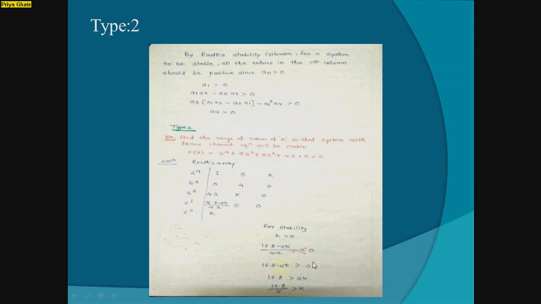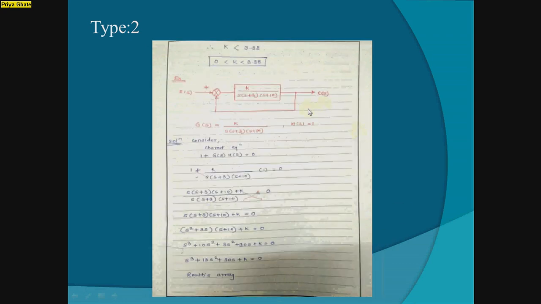If we transfer the minus 5k to the right hand side, then we have 16.8 is greater than 5k. Then we transfer that 5 to the left hand side, where it divides, and we get the value of k as 3.38, and that k term is greater than 0. That's why the system is stable, because the criterion of stability is that k should be greater than 0, and we have that term positive. It means that term is greater than 0. That's why the system is